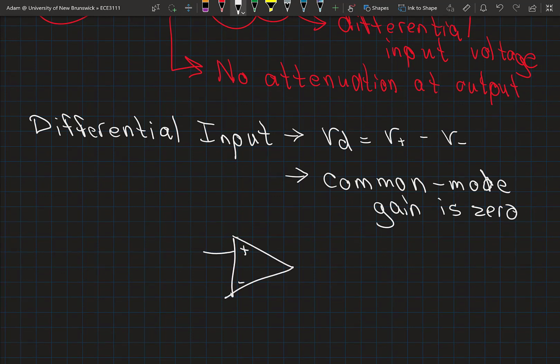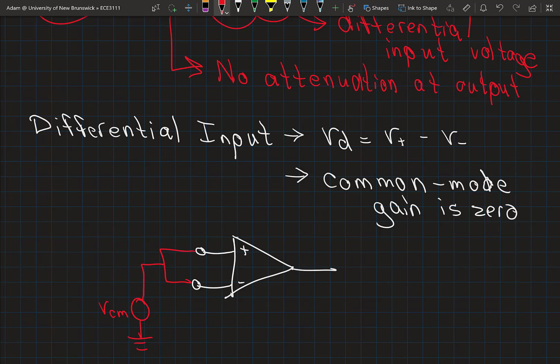Again, I'll draw it as a 3-terminal device and exclude the power supply connection. So if this is my op-amp, and I have the same signal applied to both inputs, call this signal the common mode signal, because it's common to both inputs,